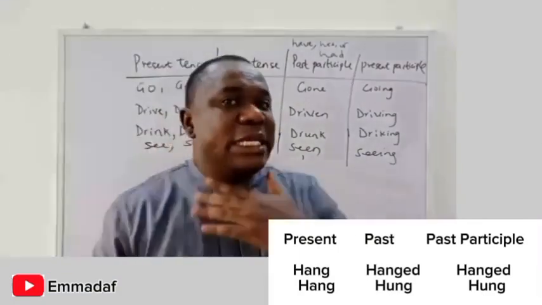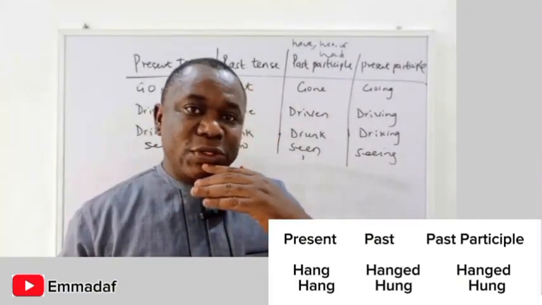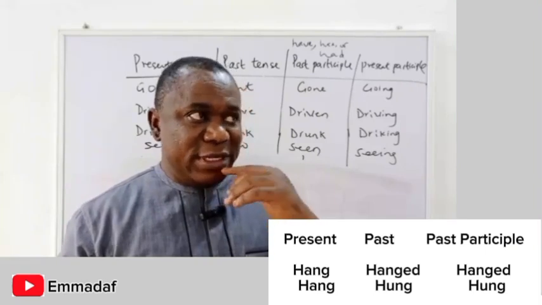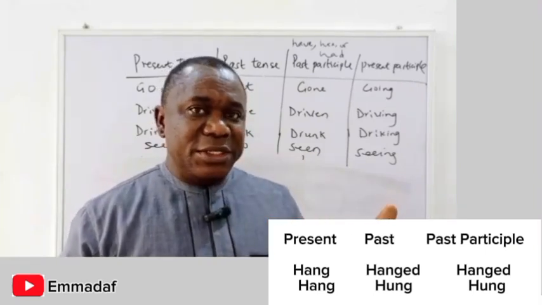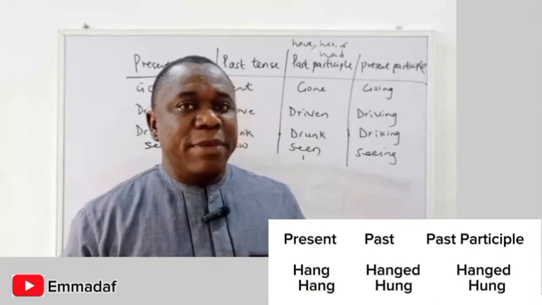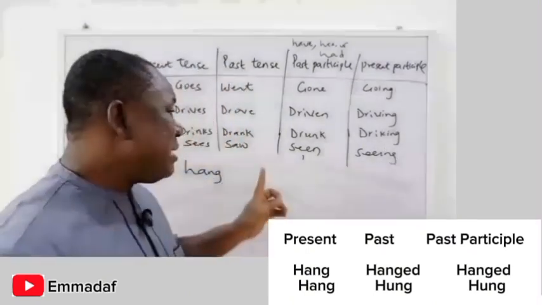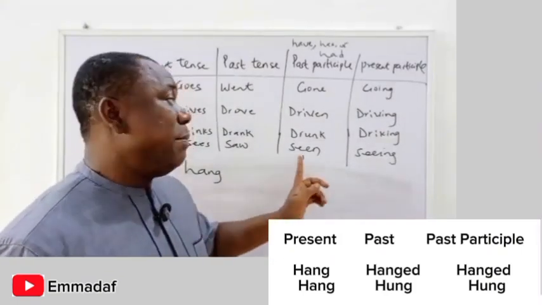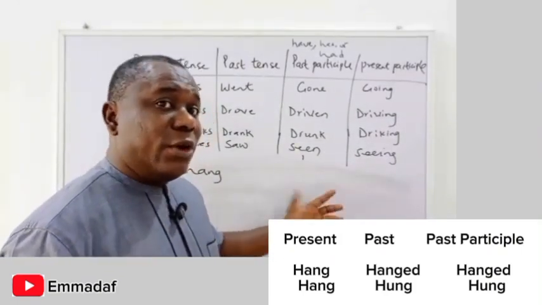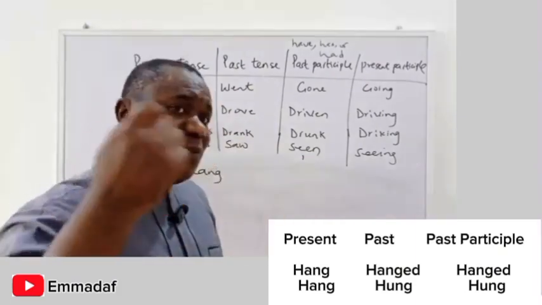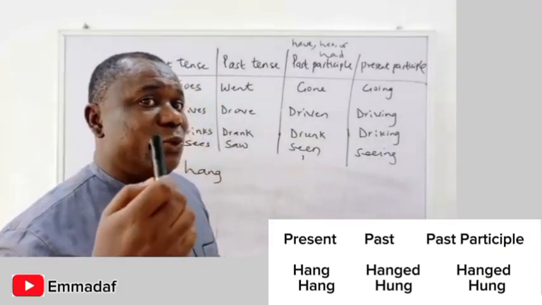There is the meaning that indicates killing, to kill someone by hanging. For example, a judge can sentence a criminal to death by hanging. That's one meaning. The past tense form and the past participle form of this meaning is different